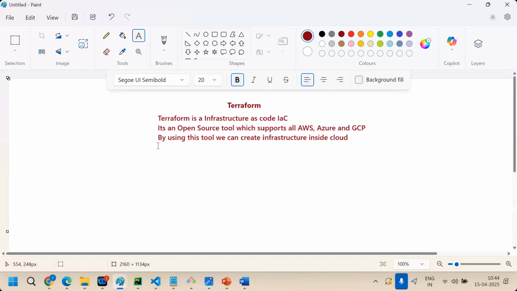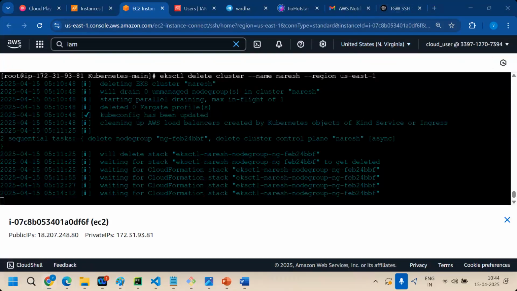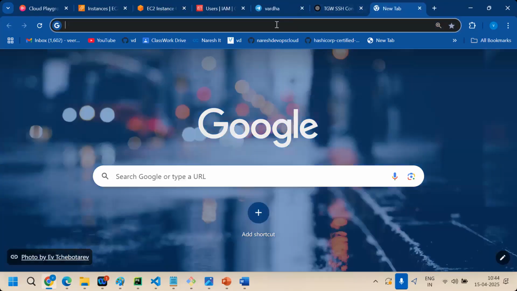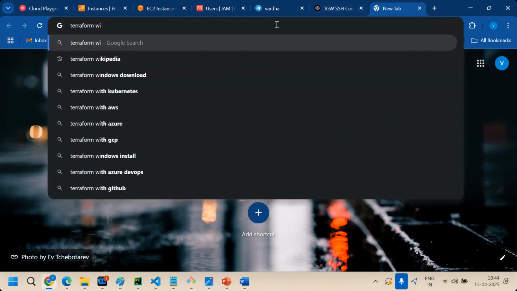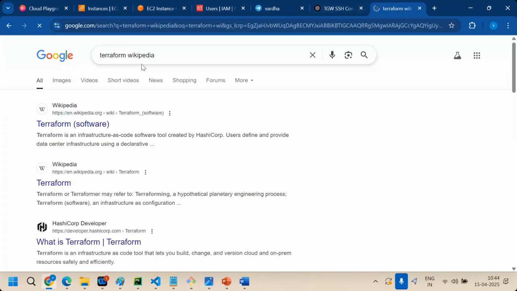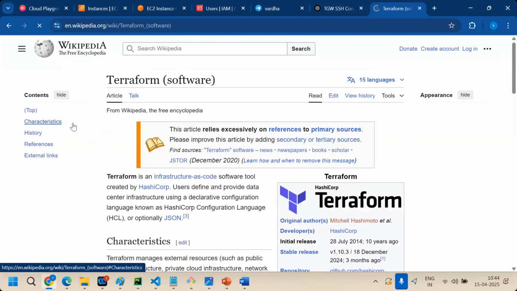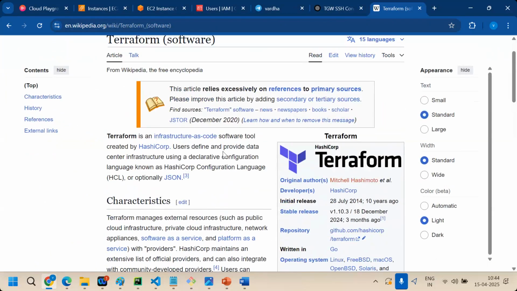Okay, so let's check the Terraform details. It was created by HashiCorp.